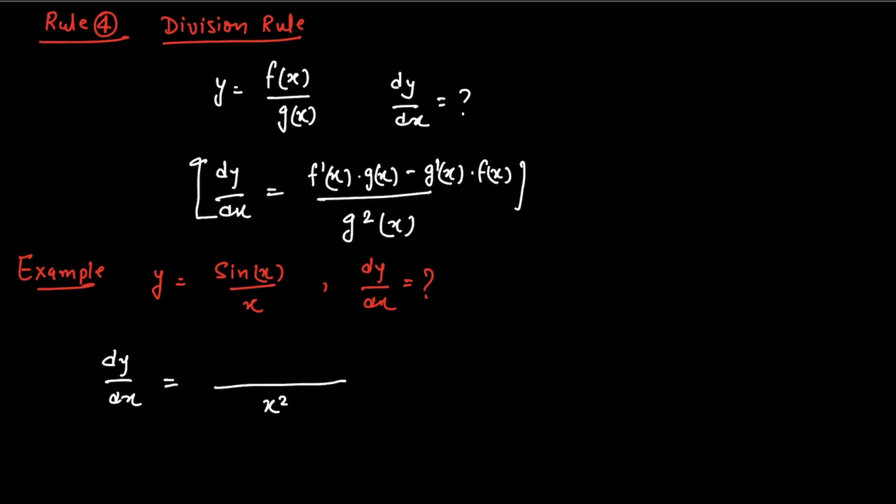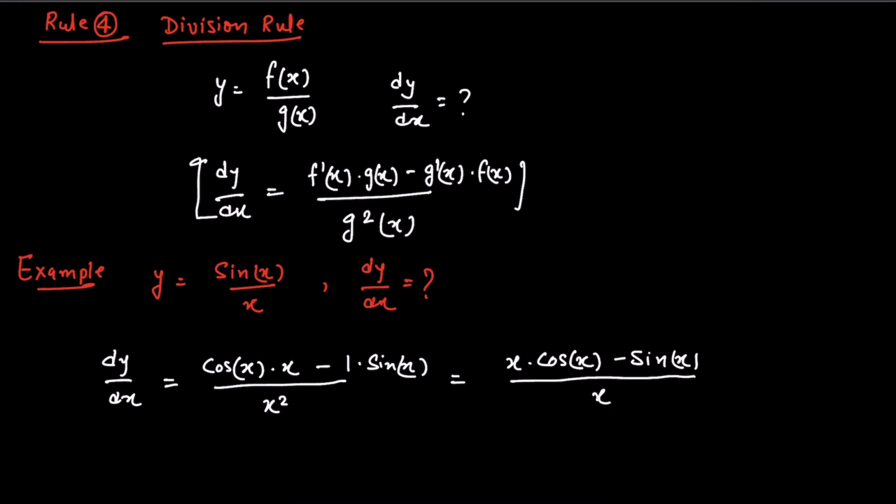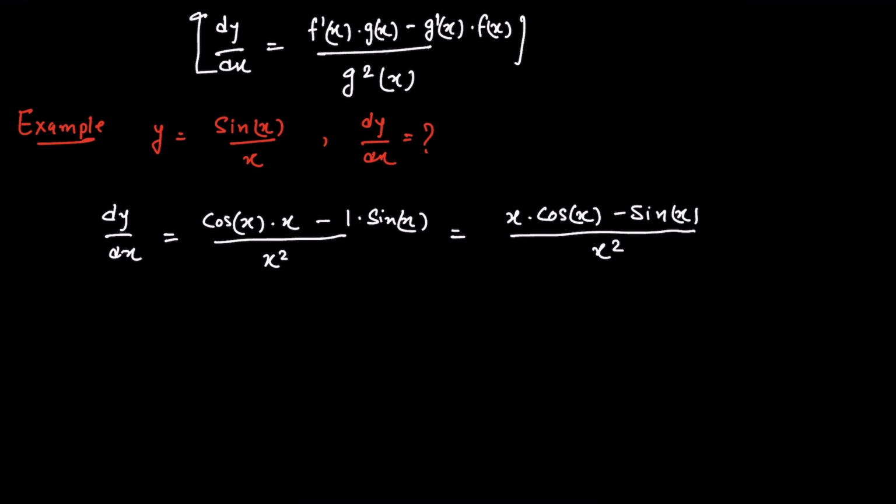Then the sin x differentiation is cos x, so you get cos x, and the denominator x that you will multiply, minus the denominator differentiation, x differentiation is 1, and the sin x. So basically finally you get a form like this: x times cos x minus sin x divided by x square. Okay, now you do try this question which I am giving.